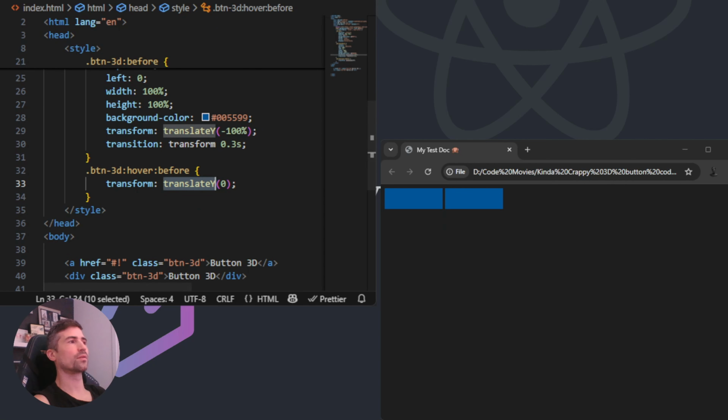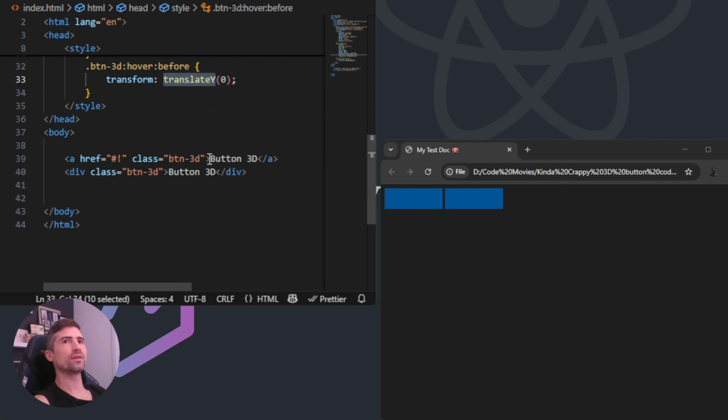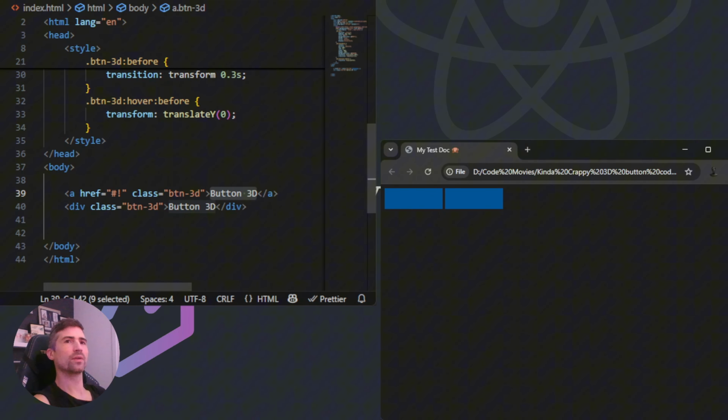Yeah, I don't know. I don't really know what to say about this one. 3D button, yay. Well, it is kind of crappy. I guess that's probably why I put kind of crappy 3D button on it. Oh well, anyway, that's a very quick